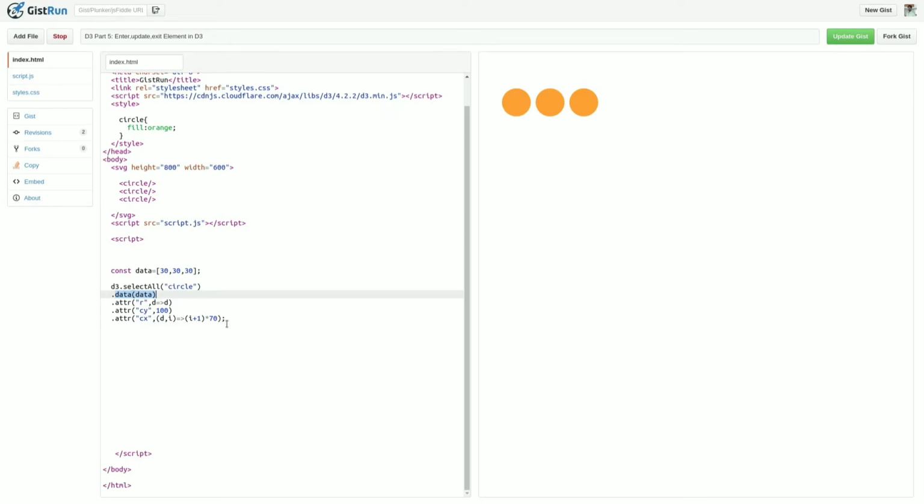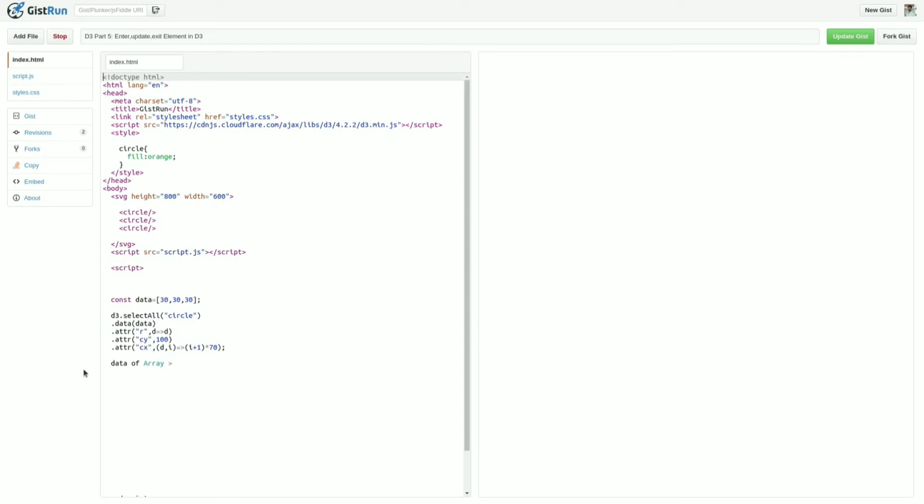Now what happens if my array of data is greater than the selected elements?